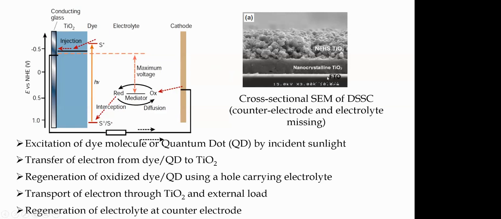So you have an FTO coated glass. Those are very cheap, or one can make it. You have a glass, then you can coat on top of it a conducting oxide layer, even using a solution process. Then you have a very thin nanocrystalline TiO2 thin film. The effect of crystallinity leads to better electron transport, and then you have nanostructured TiO2 molecules. Then the dye will get absorbed around these molecules to realize this dye sensitized solar cell.